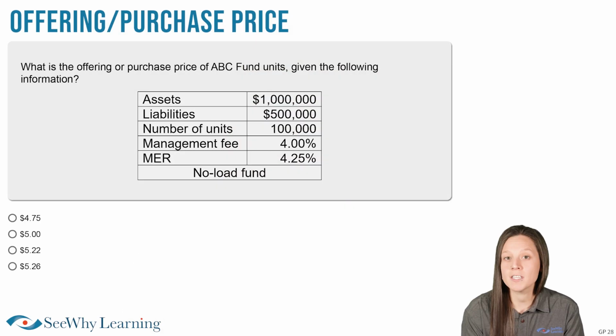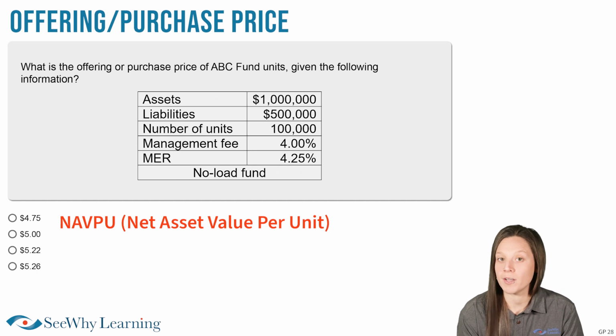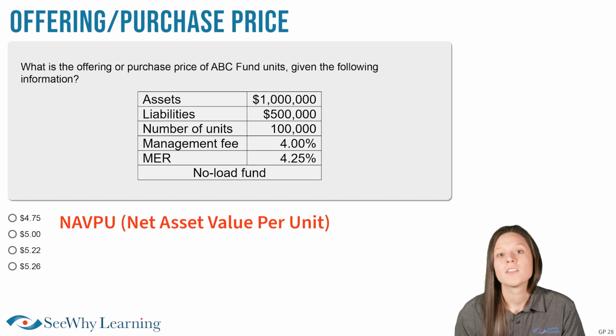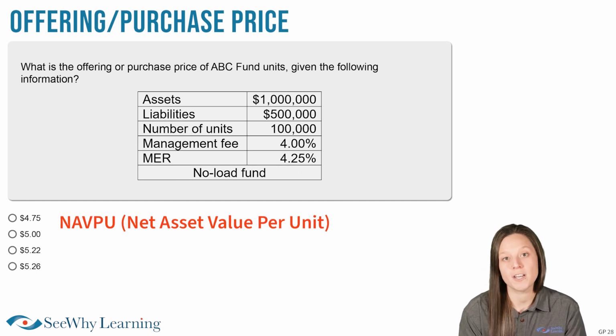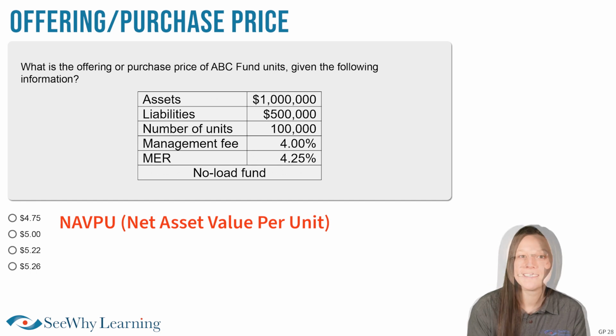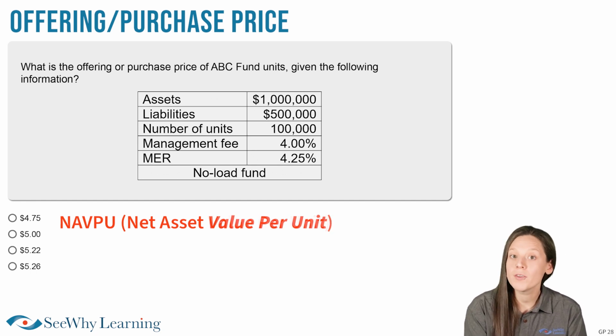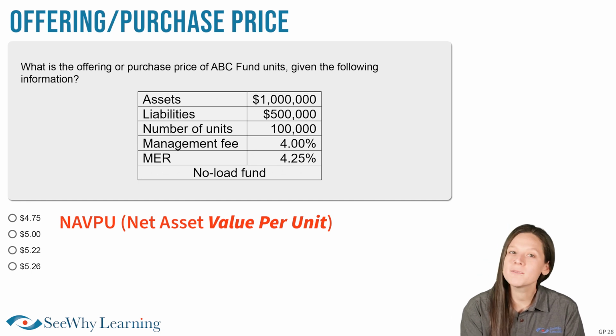Before calculating the offering price, we first need to determine the fund's NAVPU, which stands for Net Asset Value Per Unit. You may also see this as NAVPS or Net Asset Value Per Share. The terms are generally used interchangeably, so for the purpose of this video, I'll use NAVPU. I always encourage students to focus on the last three words, value per unit, as it becomes a little more